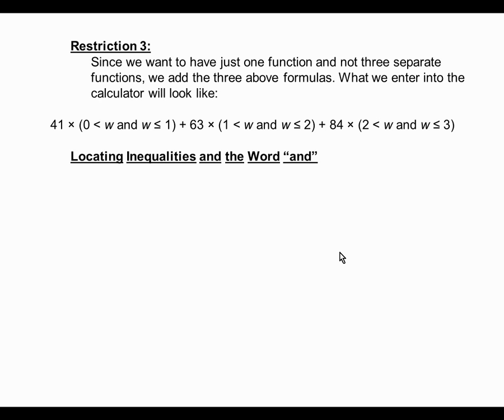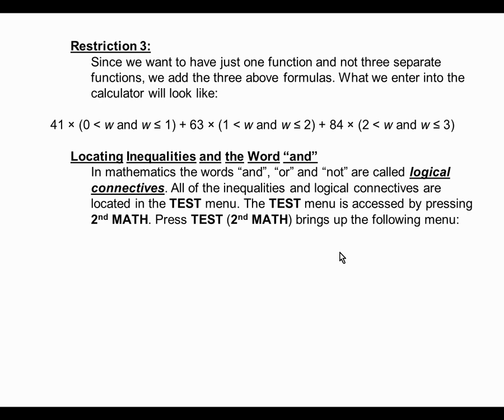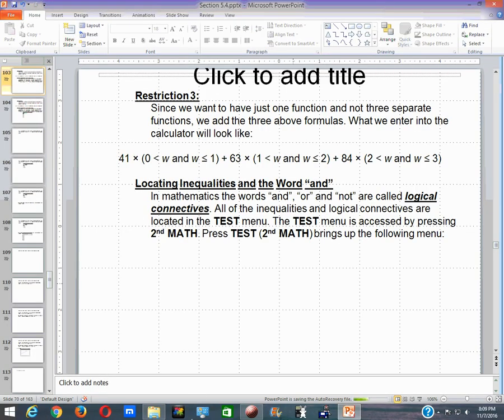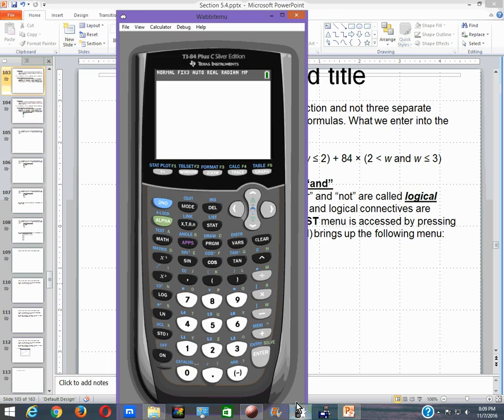Okay, so locating inequalities and the word and. In mathematics, the words and, or, and not are what are called logical connectives. All of the inequalities and logical connectives are located in the test menu. The test menu is accessed by pressing second of math. So if you press second math, okay, so here's our calculator. There is math. Notice second is test. If we press it,